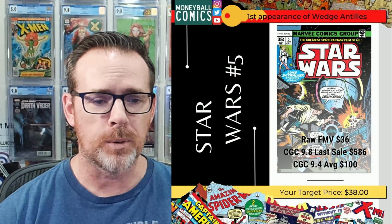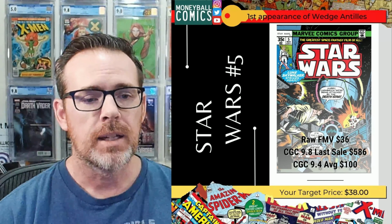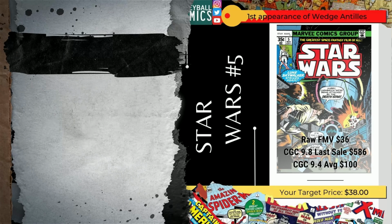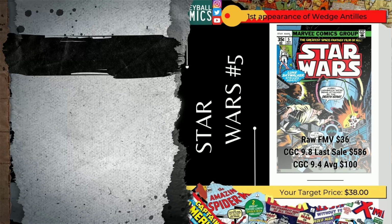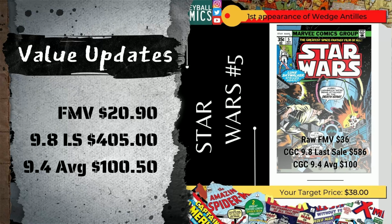My Star Wars pick from May the 4th Be With You on May 4th, 2022 was Star Wars number 5, released back in November of 1977, written by Roy Thomas with pencils by Howard Chaykin. This is a key for Star Wars as this is the first appearance of Rebel pilot Wedge Antilles. Now, not even Star Wars Celebration could keep this book afloat, as its fair market value has dropped almost 42% from $36 to its current value of